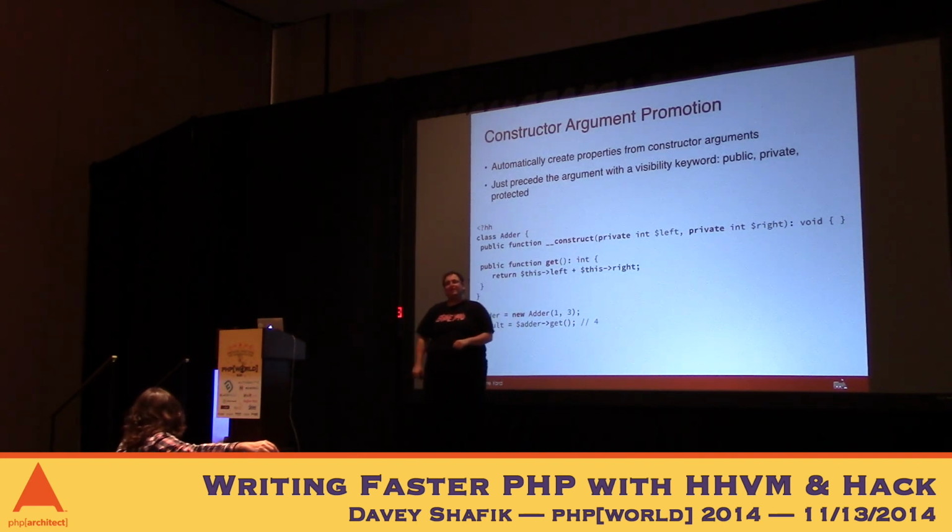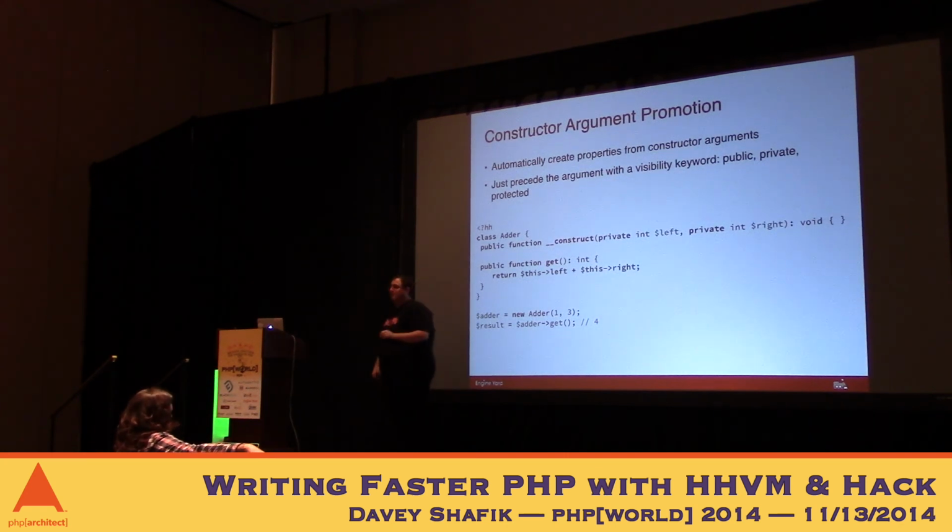This guy over here is like, I don't know about this. I promise you this is a lot more succinct and a lot easier than putting it in your code. What's nice about this is that you don't have to remember to define that property at the top. It's automatically done for you. You look at the constructor, you know exactly where things are going when you pass them in and what visibility they're going to have, and it's just a lot simpler and a lot less characters.